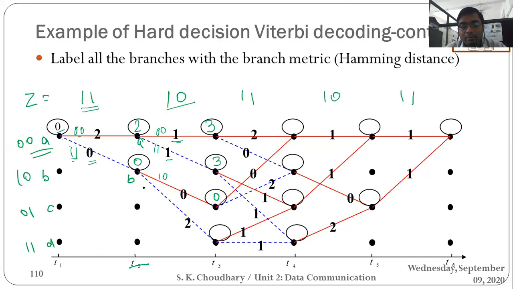Now you are at B, receiving the input 1, and when you receive the input 1, your output would be 0 1, as from the fundamental trellis diagram or state diagram. So it is again differing in two positions. The first position is different and the second position is also different from the received sequence. So your Hamming distance is 2. So here 0 plus 2 is 2.